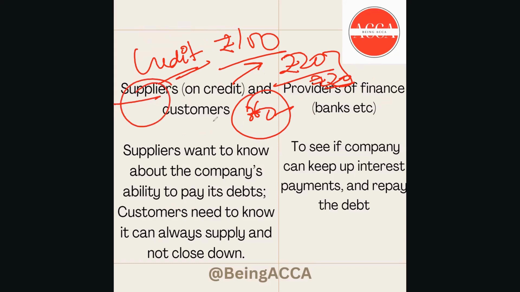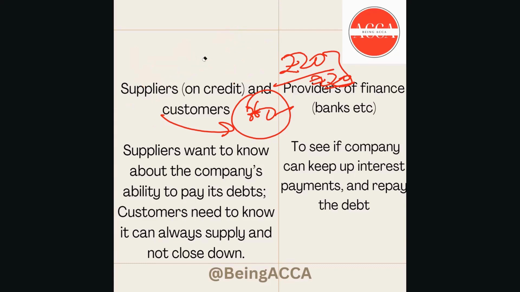So the supplier would be concerned about this 60 rupees, whether the company will be able to pay them 60 rupees or not. And this they can see via the company's financial statements, what the credibility or credit position of the company is, and whether they will really be able to pay their debts or credits or not, right? Now, the customers,